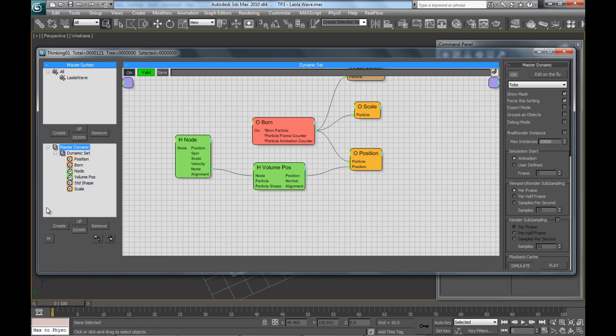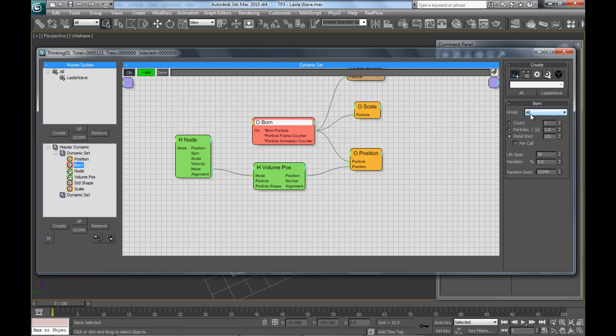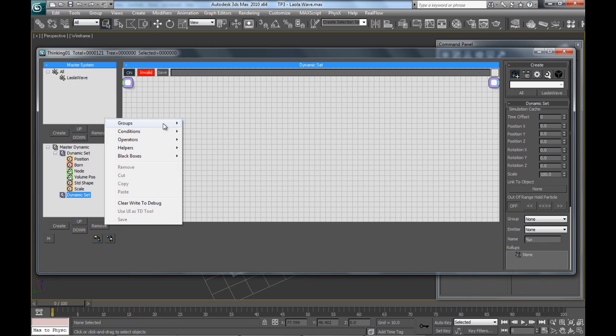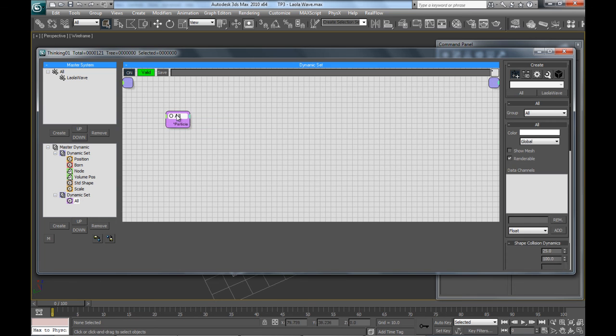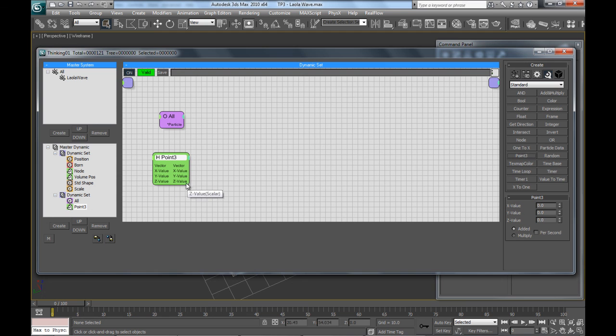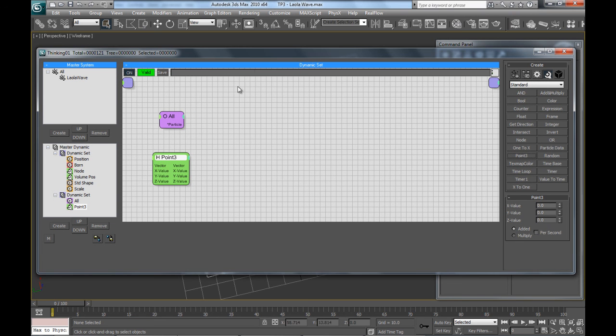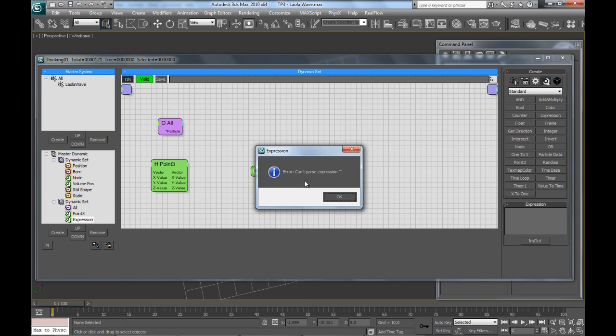We're going to drop in a new dynamic set, and our particles are all put up in the all group. So I'm going to drop in all, and what we need to do next is drop in a point 0.3. Why, you may ask, a point 0.3? Well, point 0.3 is 0, 0, 0, and my particles start from the 0, 0 center point. As you can see, it's right in the middle. That single point right there is why I use the square in this particular instance, because it's going to create a more even effect. So I'm going to pull up my TP and drop in next an expression, and you might want to